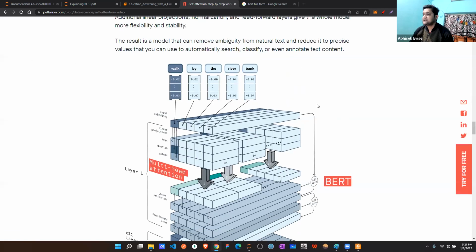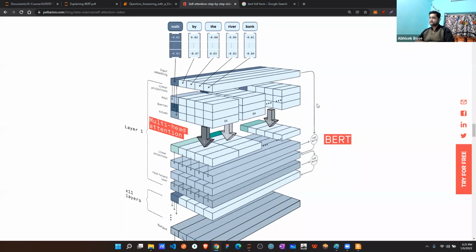Remember we discussed Word2Vec, correct? If you don't know about those terms, you missed that class, go and check those videos. Now just think, if this is your sentence, walk by the river bank, correct? So this is a word and we are converting it into a vector. How can we easily convert? Through the Gensim library, correct? Or through any other library that I'm going to showcase, don't worry. Once that is converted, then we are putting it in a layer as an input embedding.